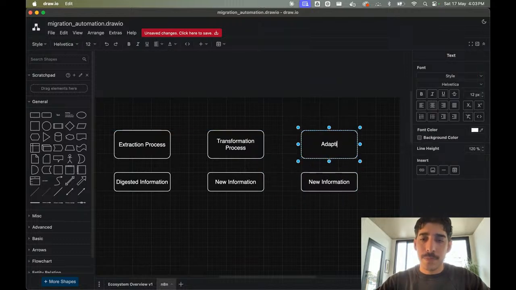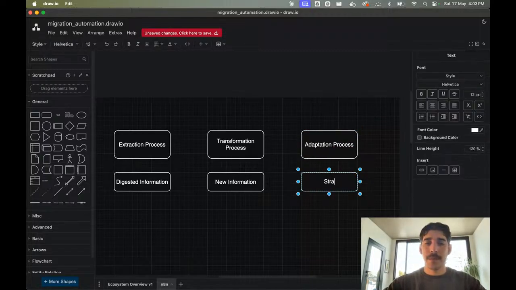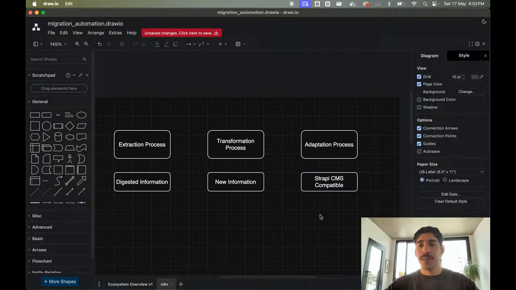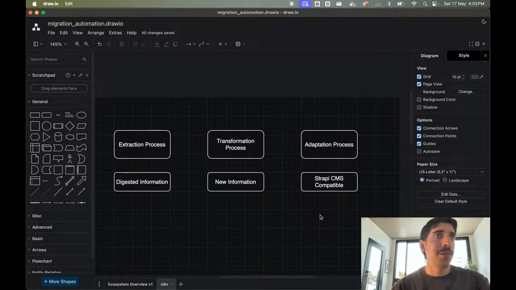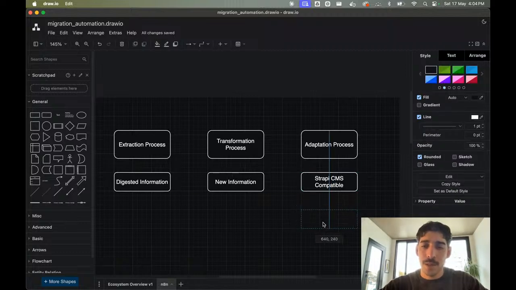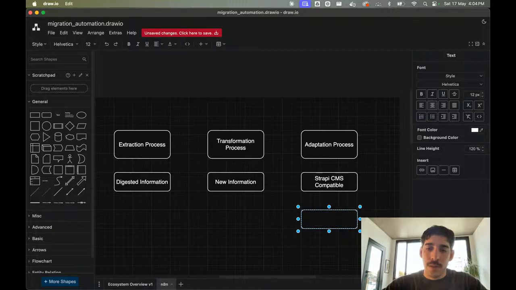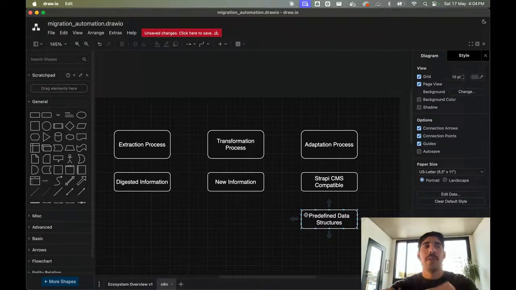You could have an adaptation process because let's say you are Strapi compatible. If you come from a CMS and you want to change to this new CMS and we want to make it super easy for you, maybe we can have predefined types and structures within Strapi, so you don't have to think about everything, because setting up Strapi takes time.